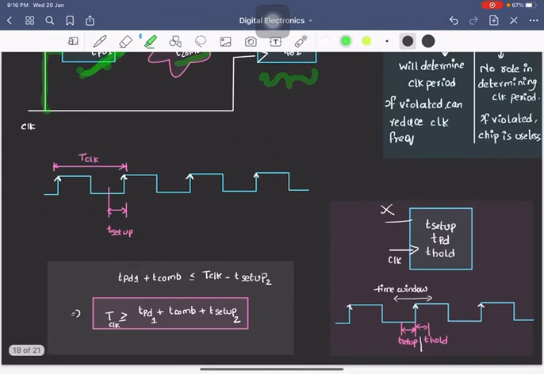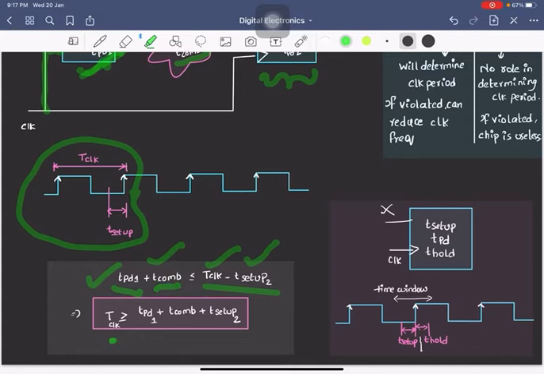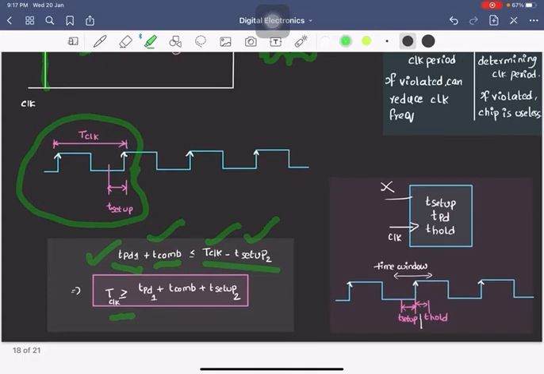So that's what I have written. TPD1 plus T-com should be less than or equal to T clock minus T setup time. So in a single clock period, that signal should appear at the end of the second flip-flop before T setup time. That's why I have written T clock minus T setup 2. But that signal is encountering the propagation delay of flip-flop 1 and the combinational delay of the gate in between. So you can write T clock is greater than TPD1 plus T-com plus T setup 2, by rearranging the terms. I think you got this point.